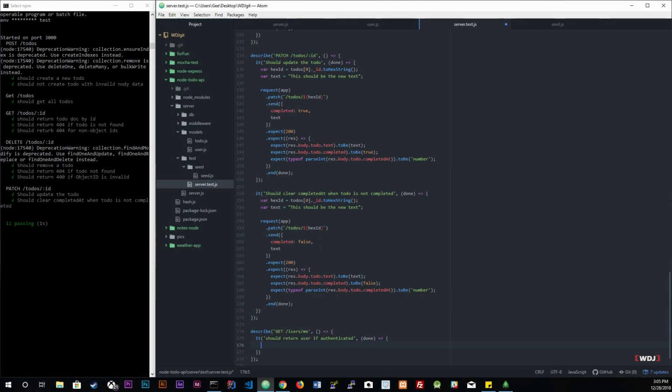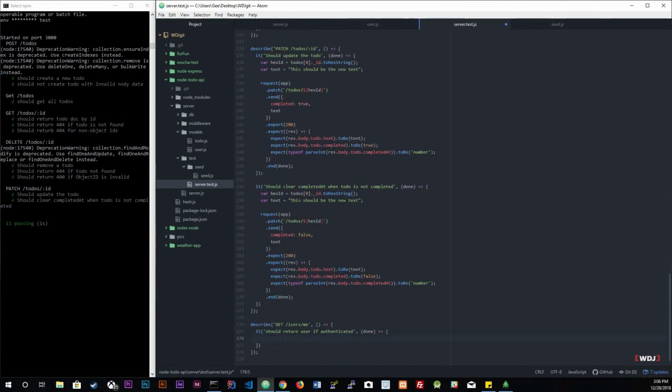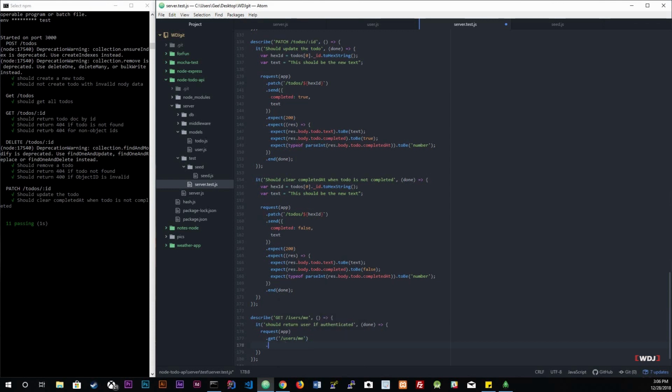Now, this shouldn't be new to anybody. If you don't know what I'm doing, I do have a video on the info card on Mocha. So check that out if you don't know what's happening. But this should be pretty simple from here on out. So we're going to request the app. And we're going to get the route users/me, and we're gonna set, remember we are setting the header, which is the x-auth, so we're setting the x-auth to,